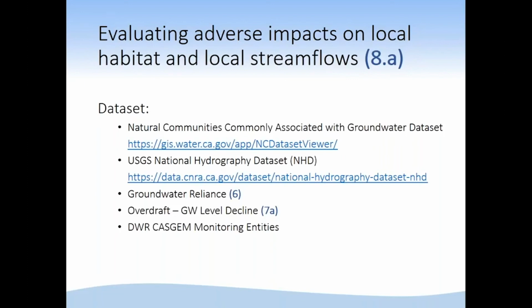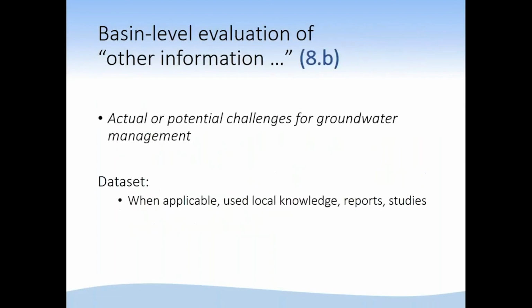The reason we had to do it this way is that there are 282 basins that we know of that are monitoring groundwater levels, and another 235 that are not monitoring. So we had to process both of those scenarios to answer the question: could natural communities, habitat and stream flow be impacted by groundwater activities? That was the approach we took for resolving this component.